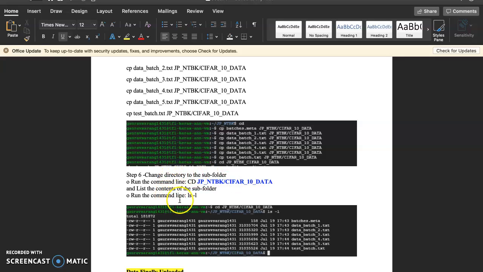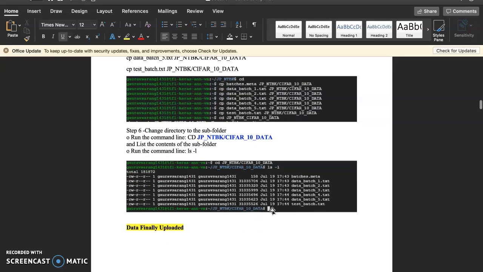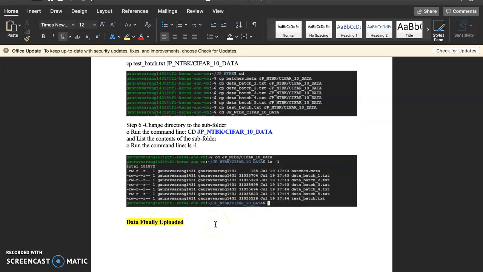Then we have to use this command, ls -l, and see here we changed the directory, then it lists all the files. So we can easily see all the files which we uploaded to the remote Google Cloud server have been uploaded into our working directory. And finally we have uploaded our files. We will move to